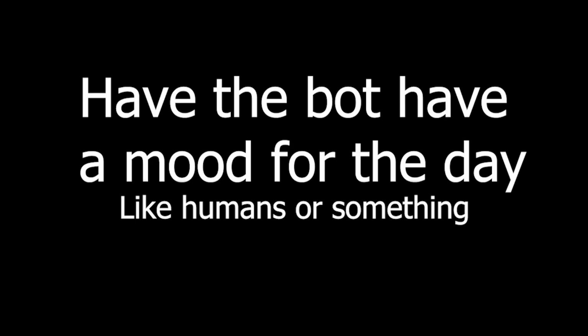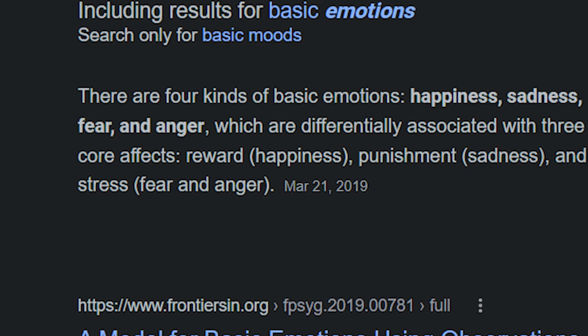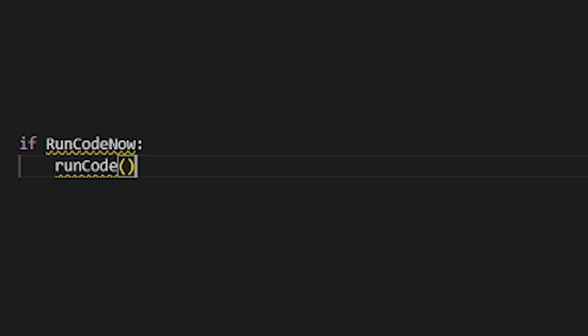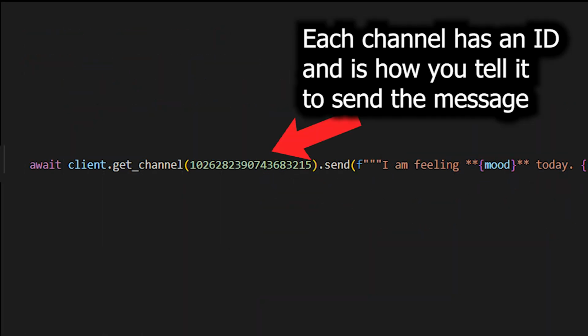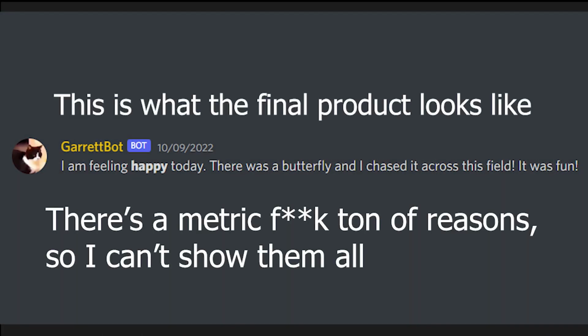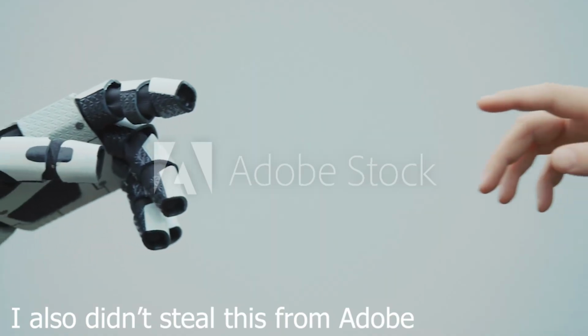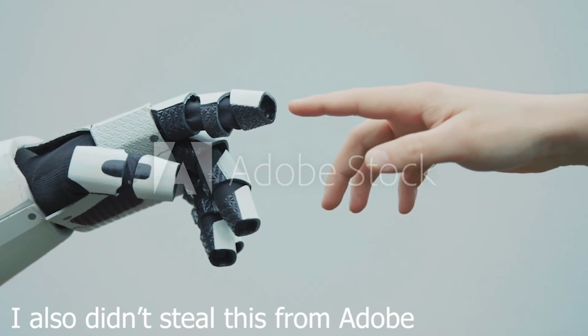Next up, and this is the big one, was to basically have the bot have a mood for the day. Like, happy and sad and horny and shit. This was also easy thanks to Discord.py's task function, where you can basically just have it run a piece of code every X amount of time. So every day the bot picks a mood from a list and then sends it to the specified channel. It then gives a reason that's specific to each mood for why it's feeling that way, just to add a little more flavor to it. Because why don't we want a bot that feels as though it's an actual human being that is creating these messages? Speaking of which,